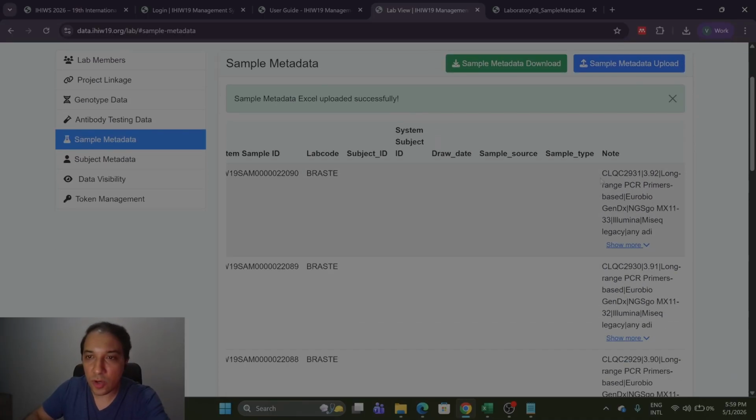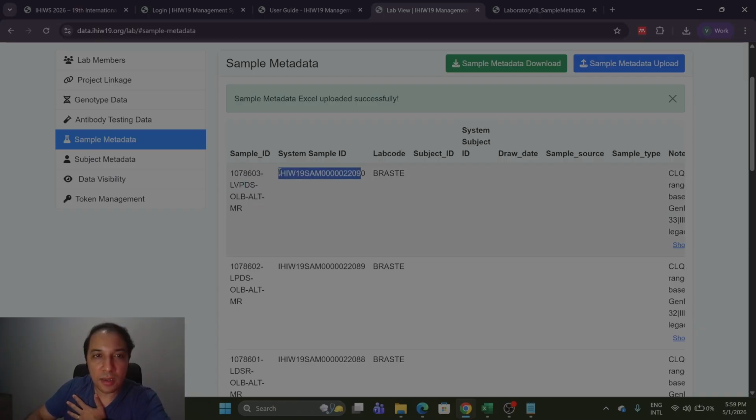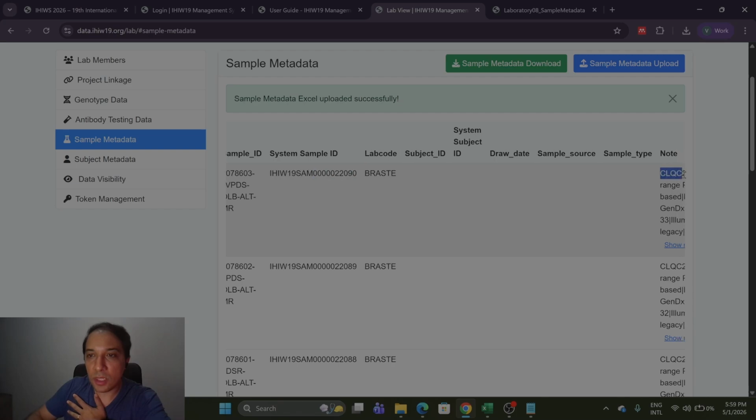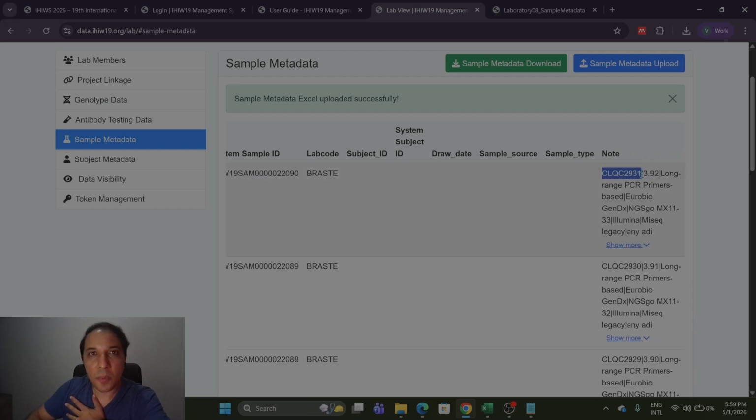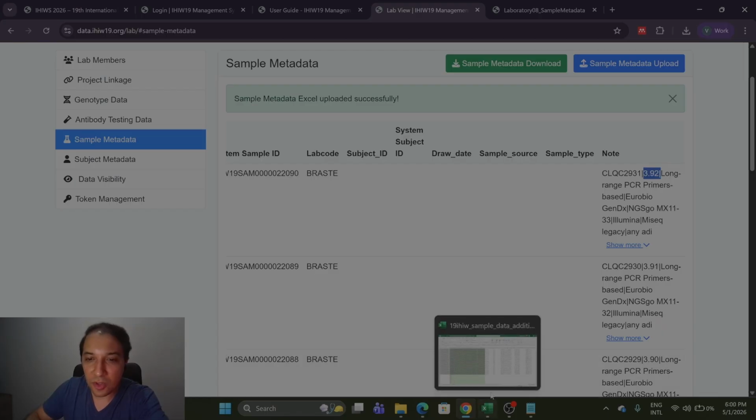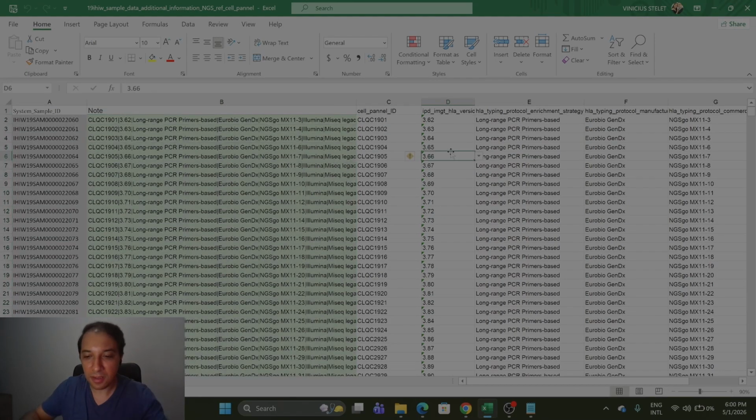And that's what we need to understand that the genotype for this system sample ID comes from this cell panel ID that was generated using this IMGT database. That is not correct. Let me do this correctly. Yeah, so that is good to happen. Okay, now it is.